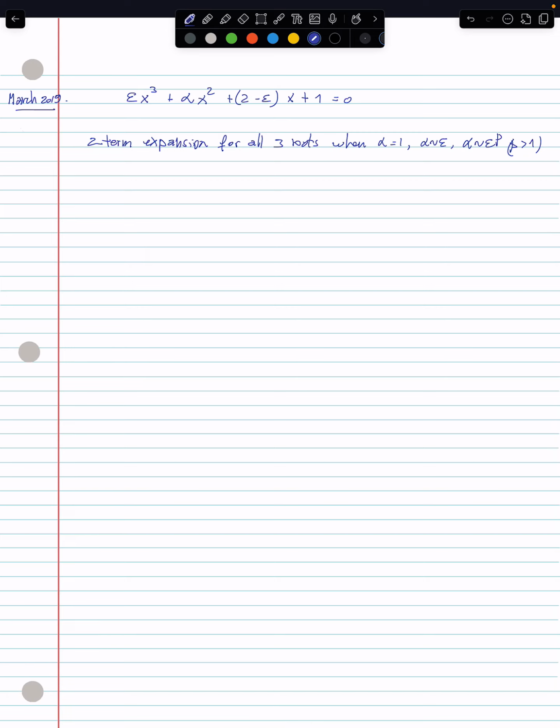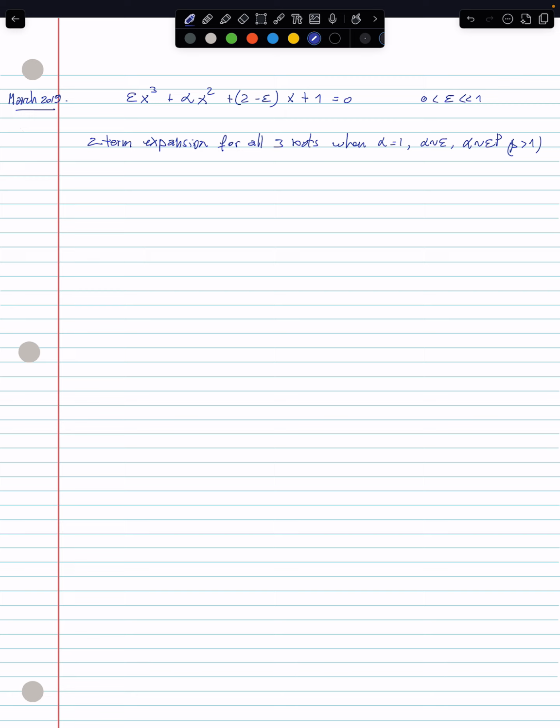Okay, so hello everyone. We are going to solve today another problem, which is an algebraic equation slightly perturbed by a small number. As usual, we note this one epsilon, which is much smaller than 1, assumed to be positive here. And in this question, which was asked in a test in March 2019, it is asked to find a two-term